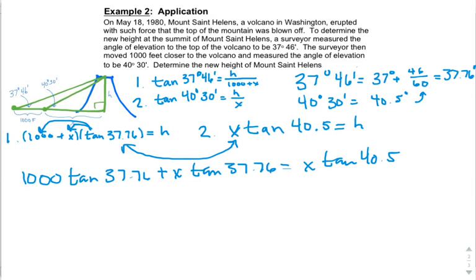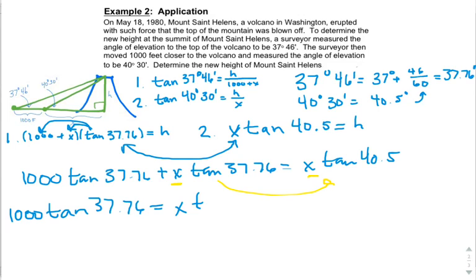In solving equations, one of our goals is to isolate the variable that we're trying to find and get it on the one side and get everything else away from that. You can see here that we have two different locations for x. We have an x located here, we have an x located here. I need to get them together, so we want to get this part on the other side. So we're going to subtract that from both sides, and we'll end up with this. 1,000 times tangent of 37.76 equals x